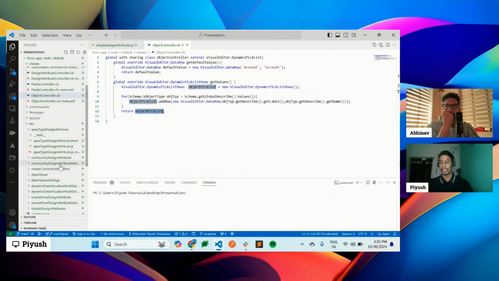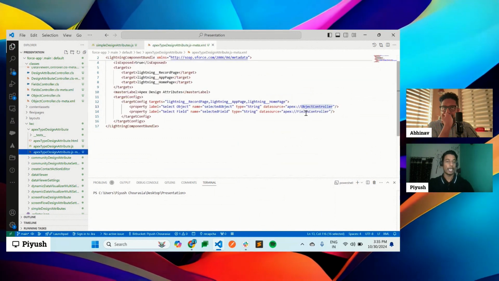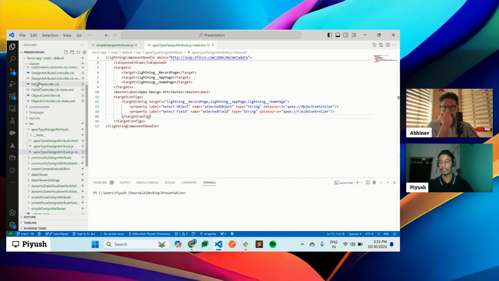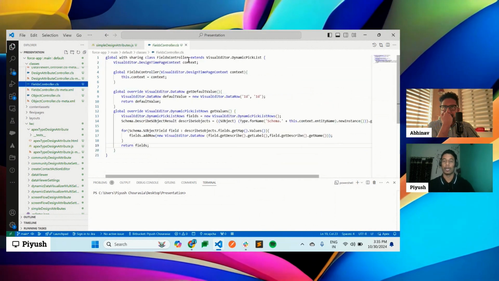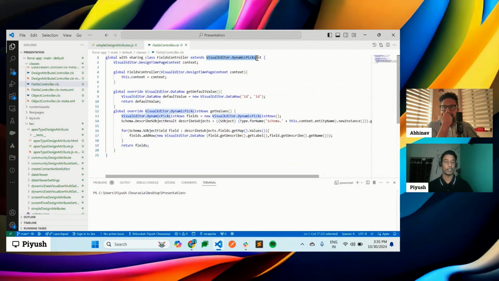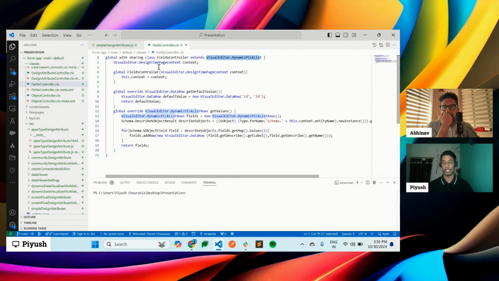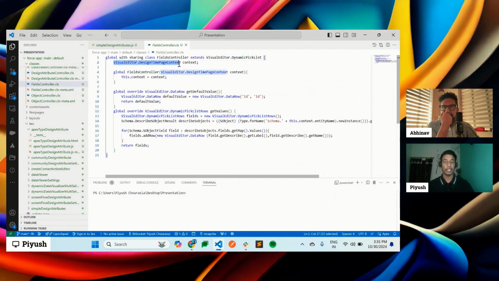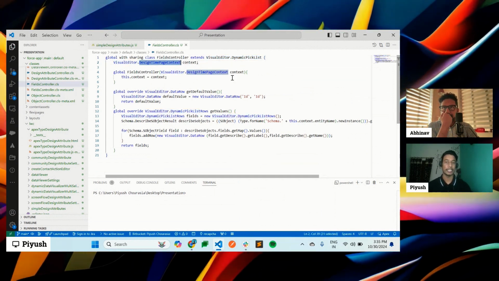Yep. The second thing that we have is the fields controller. So let's see what's in the fields controller. In the fields controller, we also have the visual editor namespace class dynamic picklist extended. We have another class called design time page context. So it is similar to the